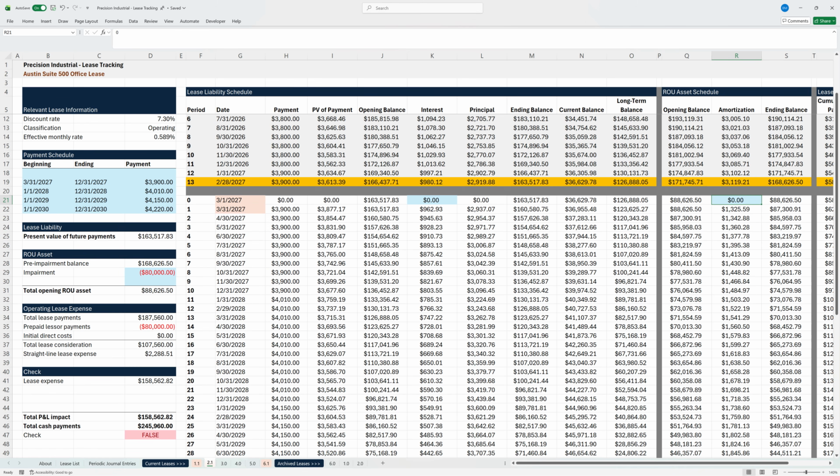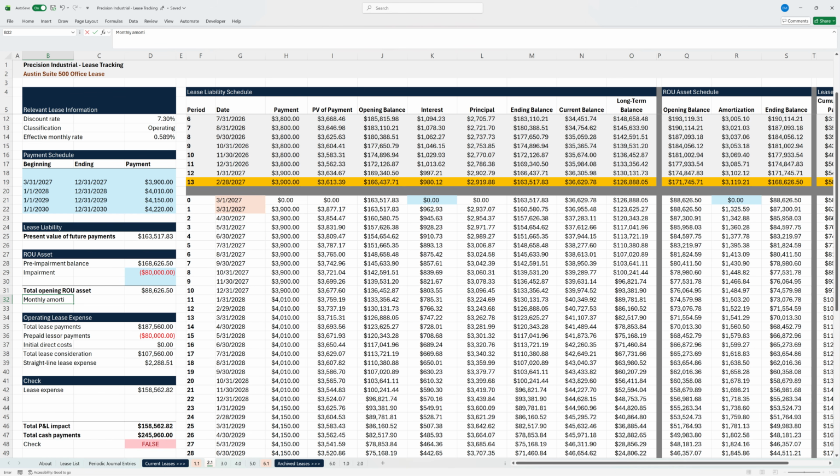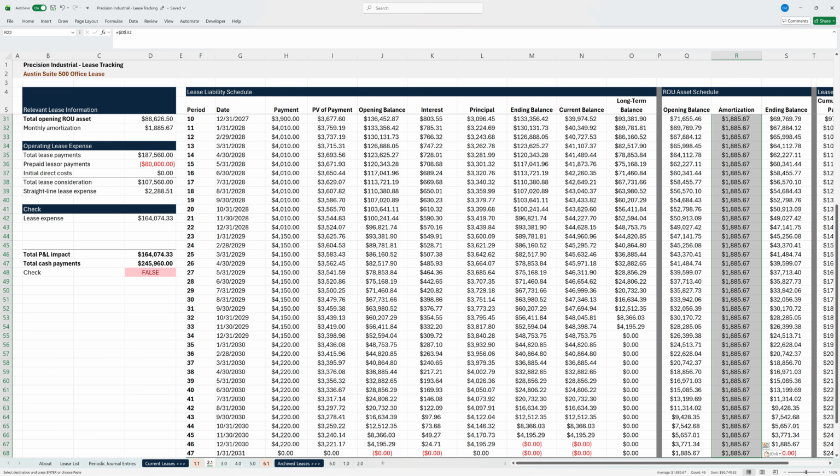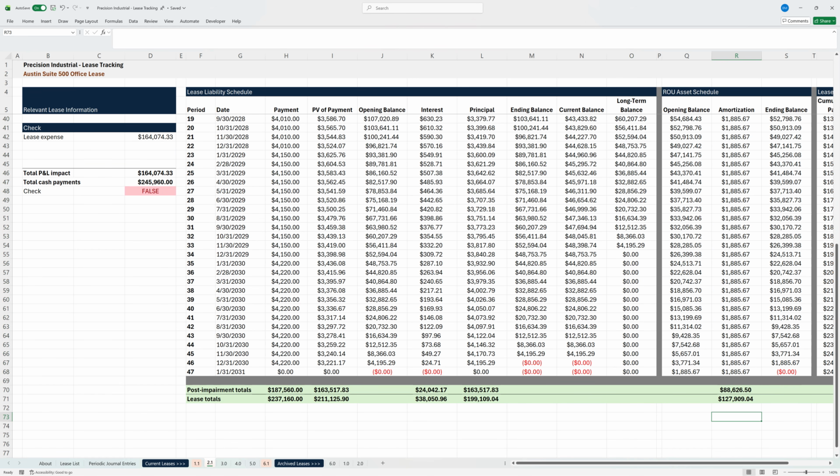So in our right of use asset section, we'll add a monthly amortization calculation and set it equal to the opening balance divided by the remaining term of 47 months. Now we can set our amortization every month equal to this amount, and we'll lock that cell, and we can copy it down. And you'll see we're now successfully amortizing our right of use asset to 0 by the end